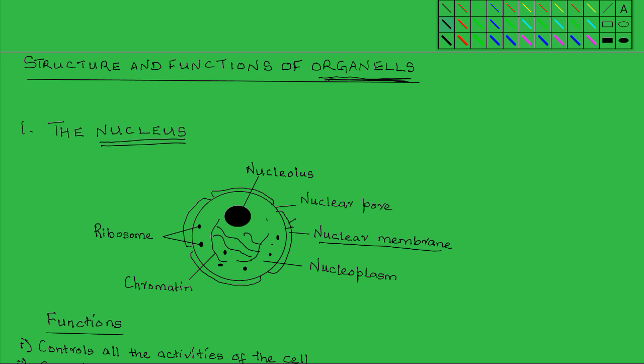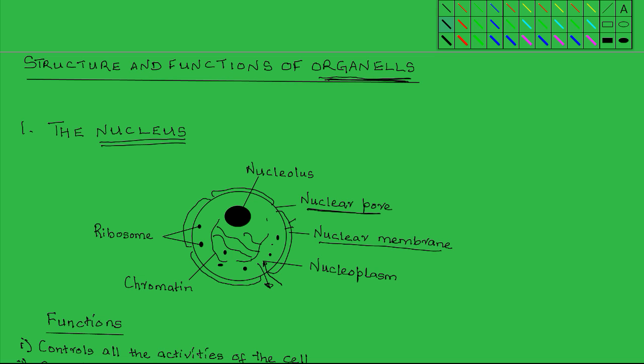This nuclear membrane is also known as the envelope, and it is perforated by nuclear pores. At specific points, there are tiny holes or openings that are known as the nuclear pores. These nuclear pores allow for the exchange between the nucleus and the cytoplasm. So materials freely pass through the nuclear pore from the nucleus into the surrounding cytoplasm, and vice versa, from the